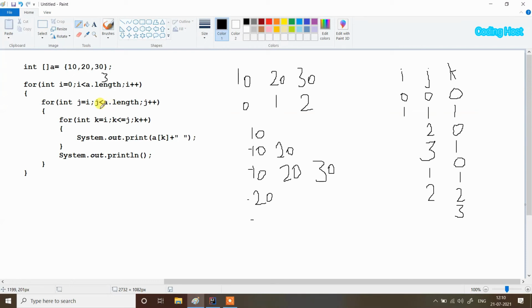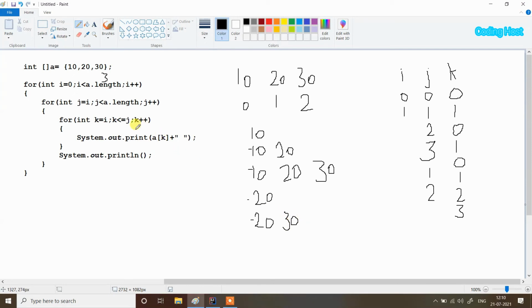So yes, true, j is 2 and a.length is 3, and we get inside this for loop. And here again this k for loop will print the elements from index i to j. So from index 1 to index 2 we have elements 20 and 30, so it will print both these elements in the same line,